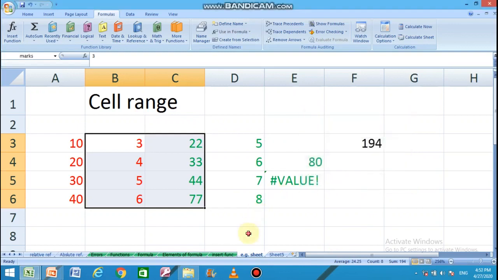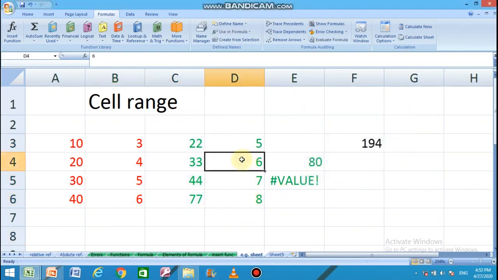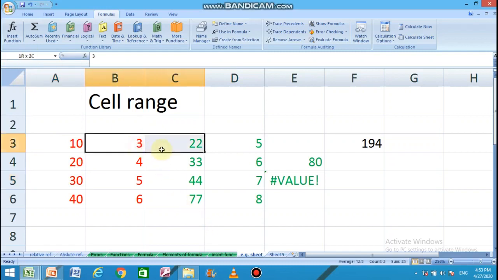Okay. Now you can see whenever I select any particular cell, that particular cell address is displayed here, D3, A5. In the same way, when I select this range, it is displayed marks here. Why? Because I saved this range with the name marks.